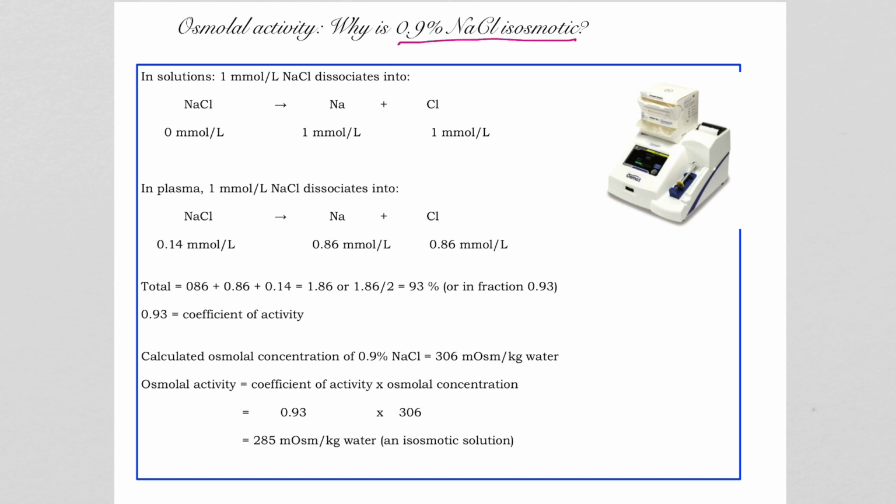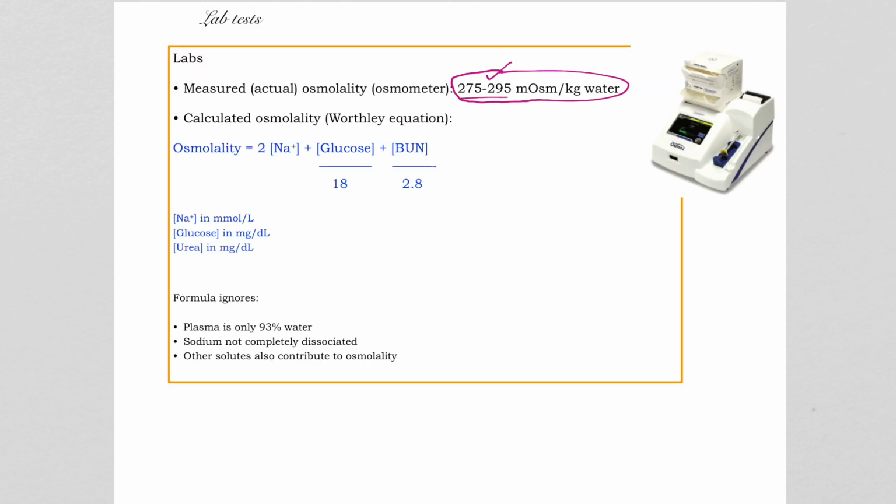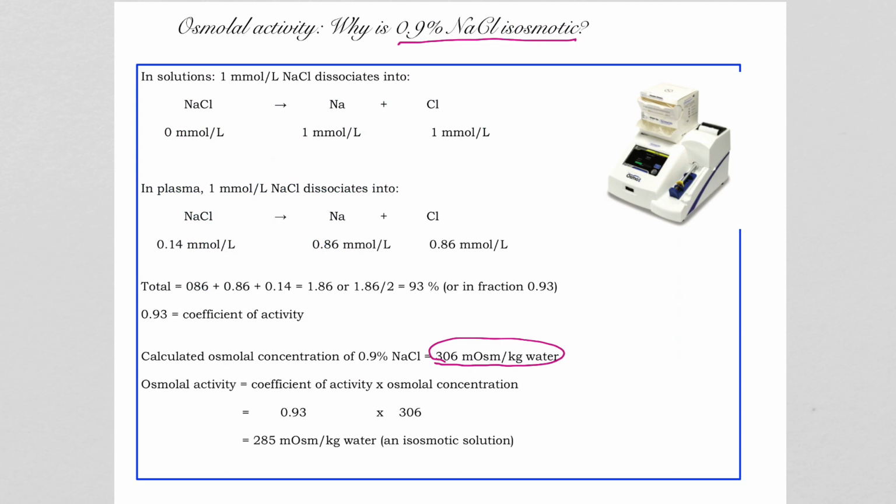0.9% sodium chloride. Remember, when we calculated it, it came out to be 306 milliosmoles per kilogram water. Why are we using 306, which is not isoosmotic, because the normal range is 275 to 295? Well, one of the reasons, as you can see clearly, is what we talked about, the fact that sodium chloride